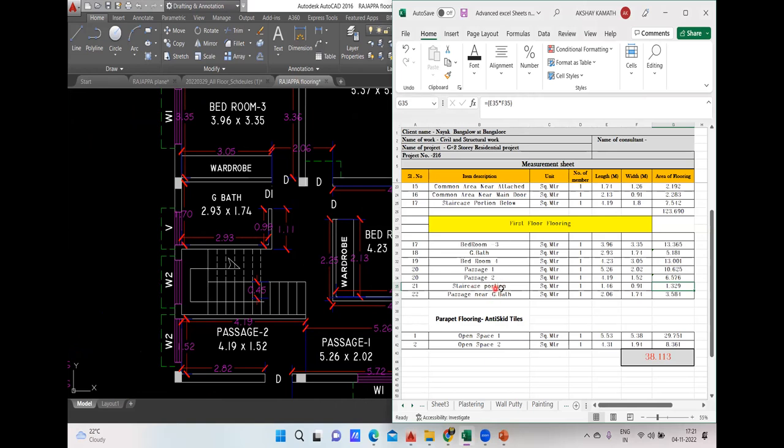Here, see the staircase portion and passage near the ground bathroom. They have taken two different. What I had done in the Excel sheet was I took these two differently. Like I took this much part in one, and then this much part was taken in the other. But here, while explaining, I already took 2.06, and this is